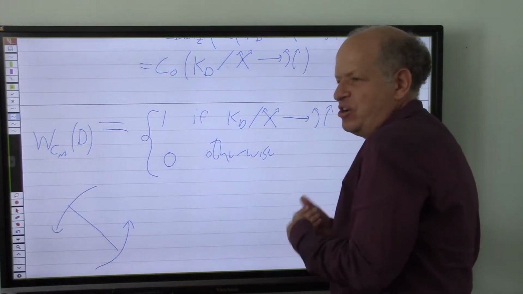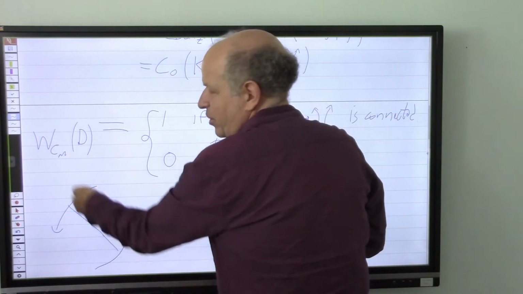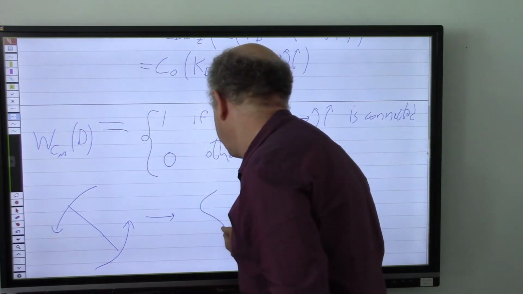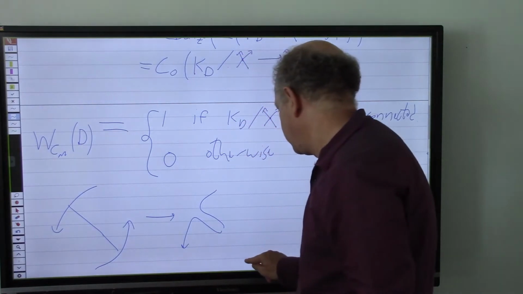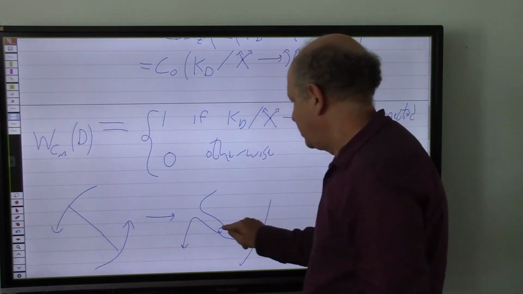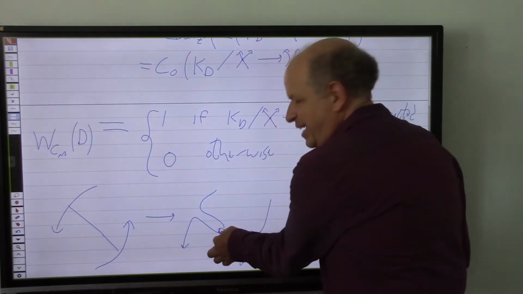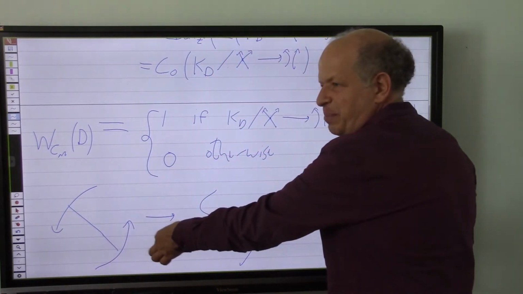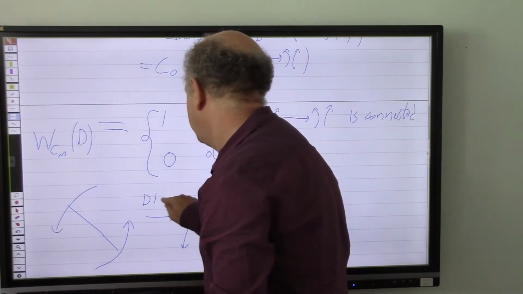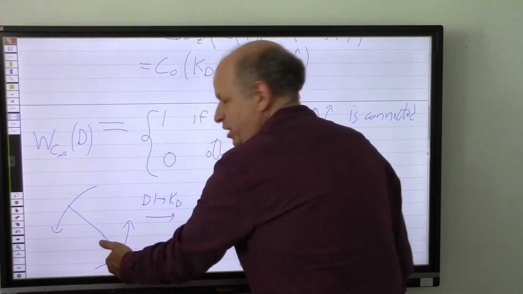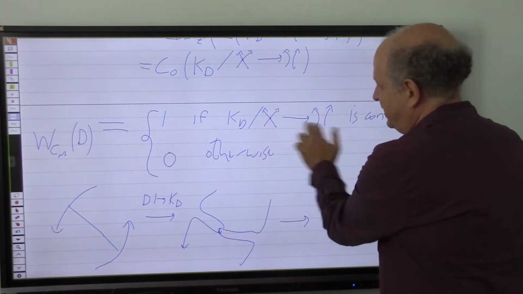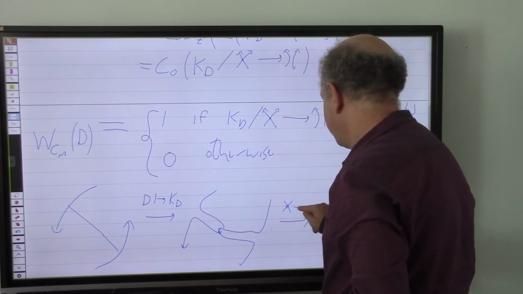How would I find a knot whose underlying chord diagram is this? Well, I would do the following. I think we've done it. I would draw a knot that looks like this. So I created a double point exactly where the chord used to be on the parameter space. This is how I go from D to a knot representing D: I replace every chord by a picture like this. But now, if within this picture I do the second operation, namely I replace a double point by a smoothing,